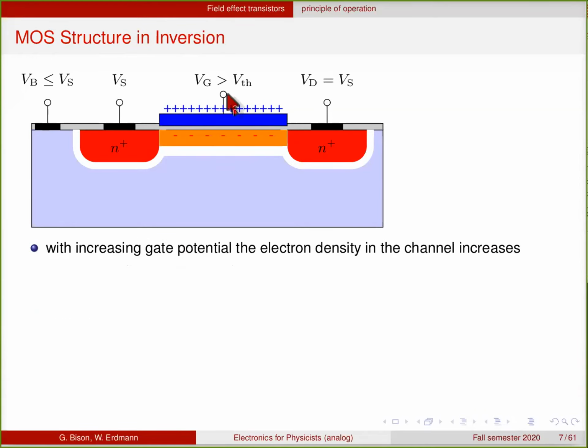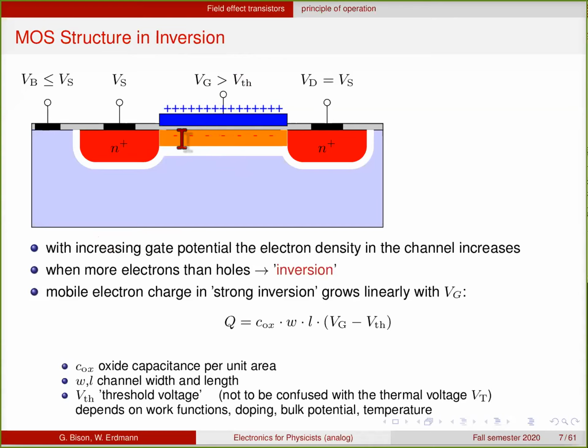Only if you increase the voltage further and go beyond a certain threshold value, which we call V threshold, you start seeing more electrons than holes in this region, and you start getting what is called inversion. So once you have more electrons than holes, this is called inversion. And when you go even beyond this point, you go into strong inversion. Now you have a sheet here of mobile electrons, and the density of these charges grows linearly with the